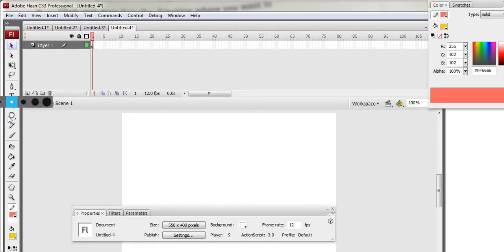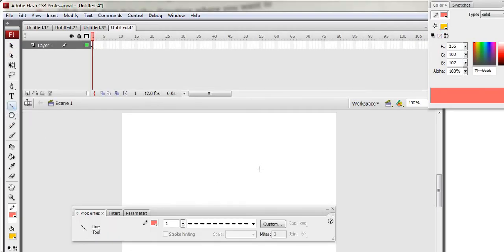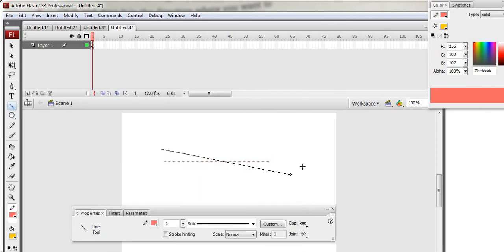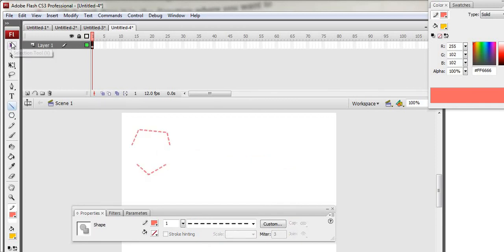And let me show you the line. This is the line, right? So you can draw a line here, and you can give the effect as per your requirement. You can select this line, and from here you can make it a solid line or whatever line you want, right? First select it. See, I have created one line. I will draw one line here, and this is a solid line.